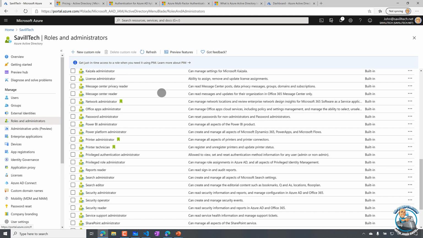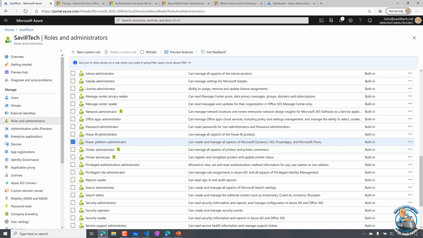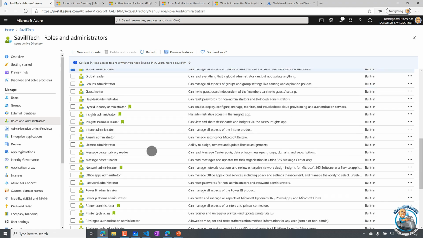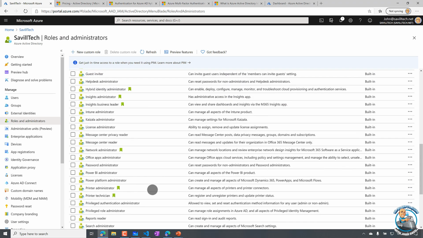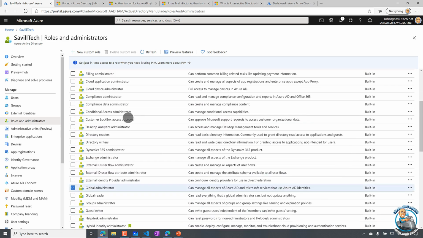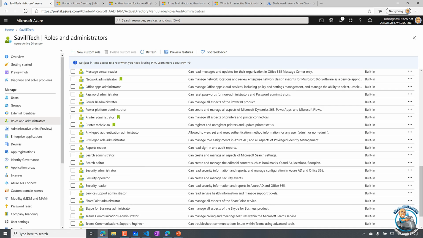You can see there are ones here about Power BI. I can see ones about Power Platform. There's things like Global Administrator, which is kind of the big one, do anything you want. There are all these different roles. Essentially a role, let's pick one fairly randomly. Search Administrator, I've never even looked at this. We can look at the description. Oh, now I broke it. Let's use the mouse then. So Search Administrator. If we select that,